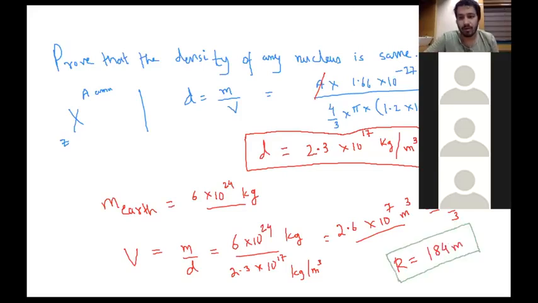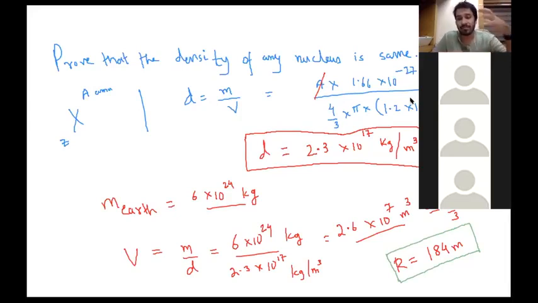What I wanted to explain through this, understand carefully: I found out the density of the nucleus of an atom, and this density came out to be 2.3 × 10^17 kg per meter cube. Please remember, prove that the density of any nucleus is the same. You will get this question in your school exams. Now I'm thinking, what if the Earth was made with the same density? What if we wanted to fit the Earth in a space so that this would be the density? I calculate the volume of this space, and if that space is a sphere, then it has a radius of